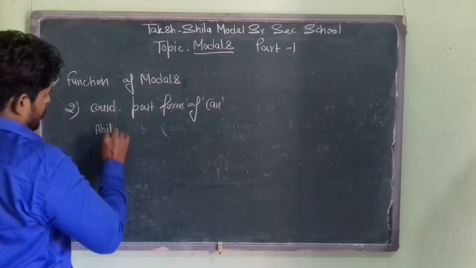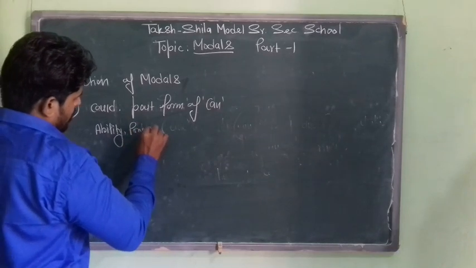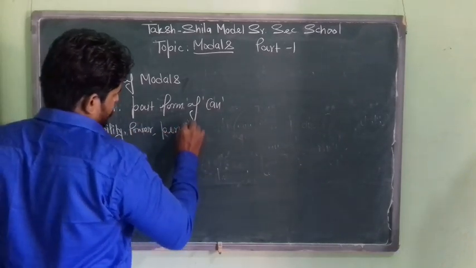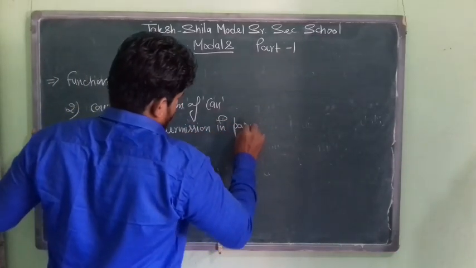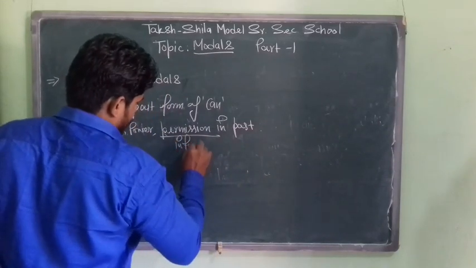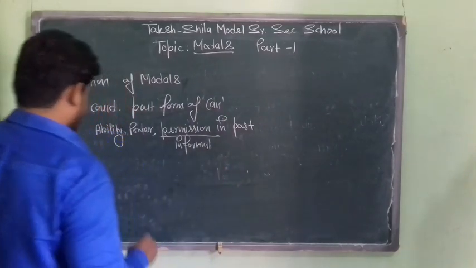Ability, power and permission in past tense. Students, permission again informal permission, not formal. For example,